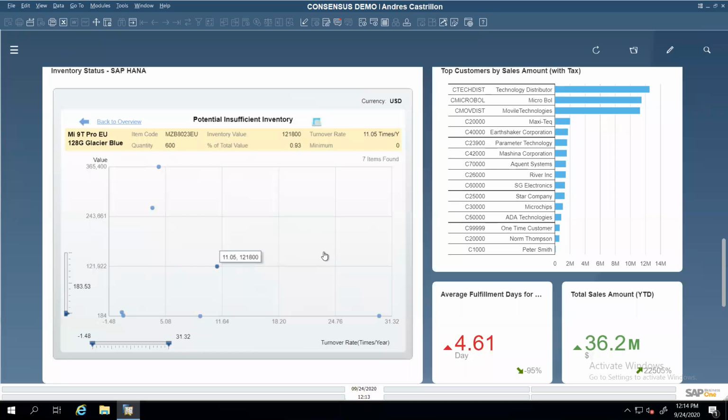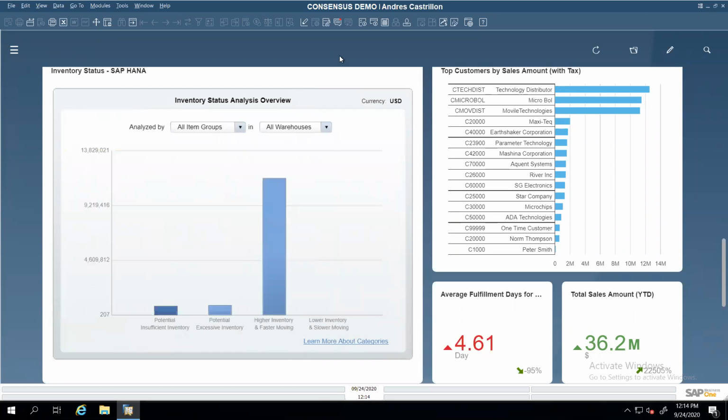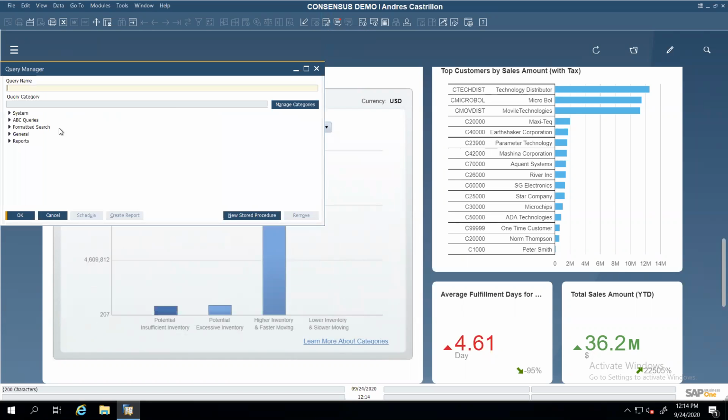It is really, really interesting, and they have some more, but I don't want to bother you with a lot of graphics. The message that I want to get across is that there is information in SAP. Just think about what are those critical pieces of information that you want to take. So these are ABC analysis reports that I wanted to show. We're almost at the end of the presentation.